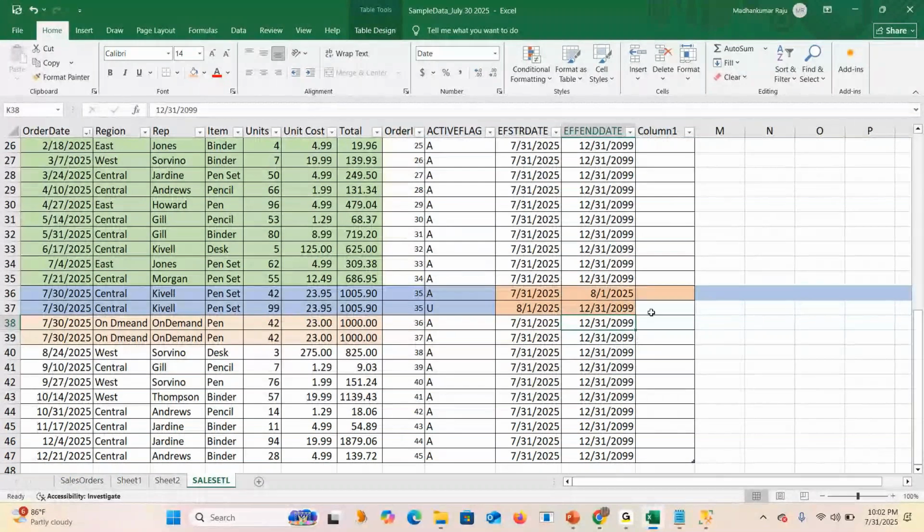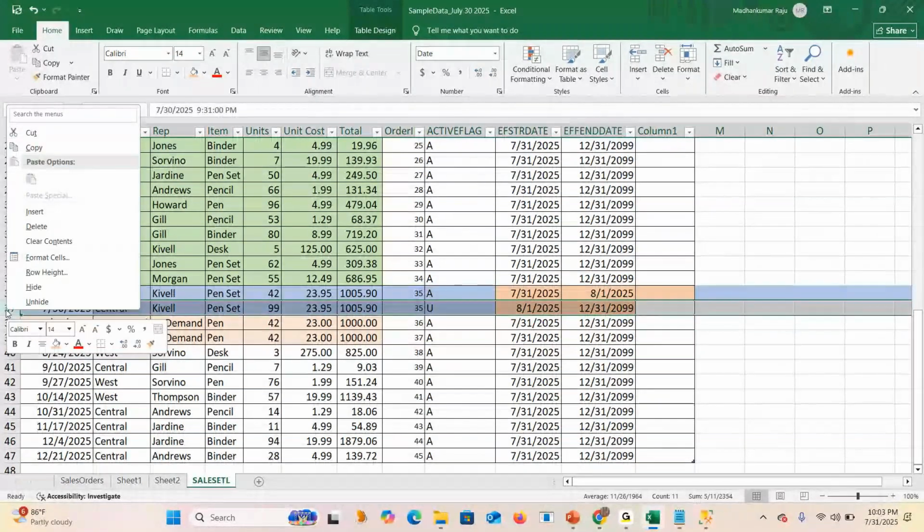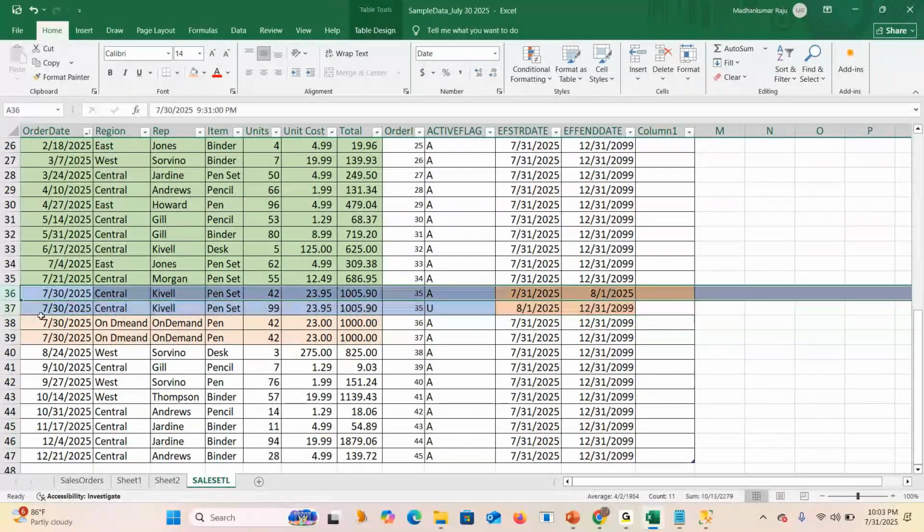Now, please understand, guys. I'm giving one assignment with these add, update, deletion scenarios. So what happens now? Now you can identify the updated records. See, order ID 35 alone, you are having two records. Of the two records, one is the old record and one is the new record, which has the effective end date 12/31/2099. This is called the new record. Suppose five updates are coming, all five will be there like this.